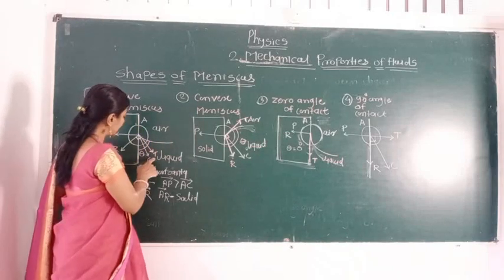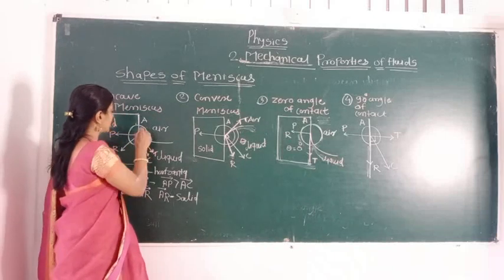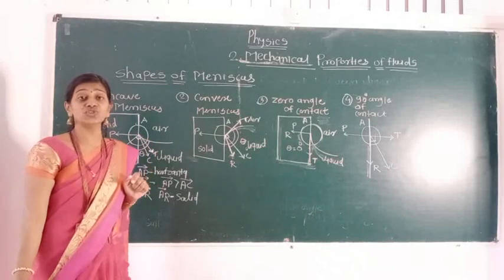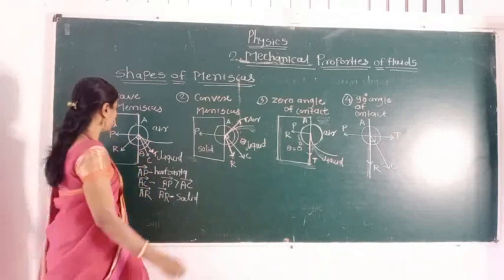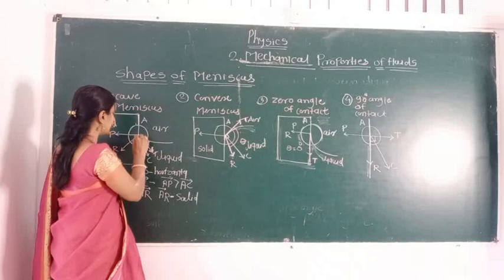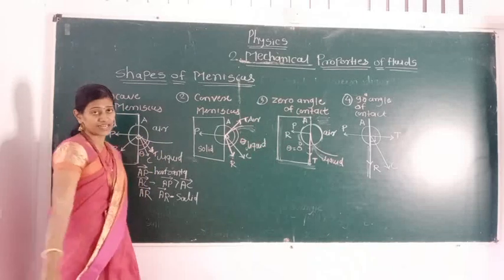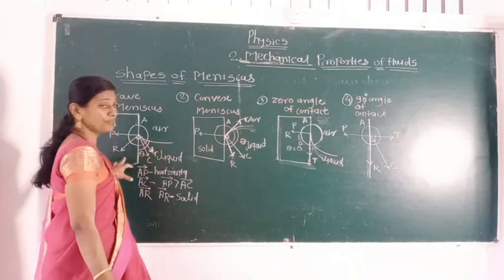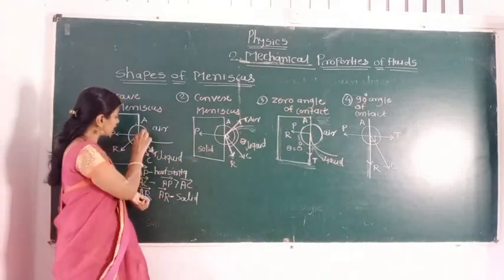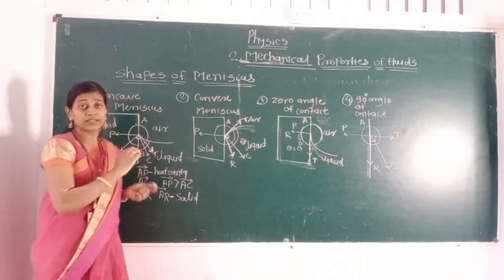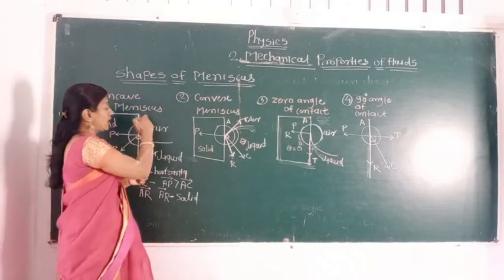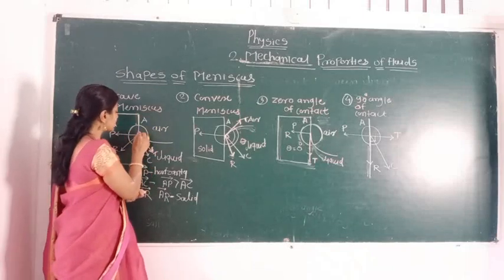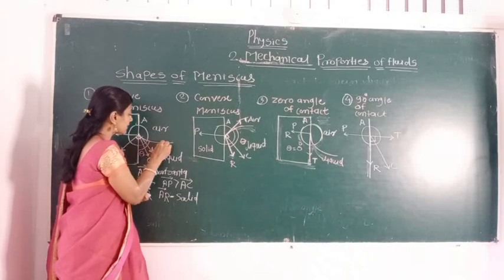Now here AT means tangent, shown by the different color. That AT is a tangent drawn to the point of contact. For that reason AT is normal to AR. That means the tangent drawn to the point of contact is perpendicular to the resultant force. The molecules which are near to that solid boundary pile against it, trying to go up against that solid boundary. So due to that, its nature is like this meniscus.